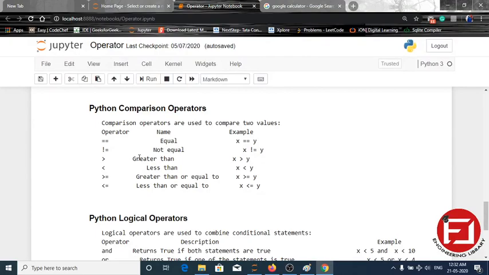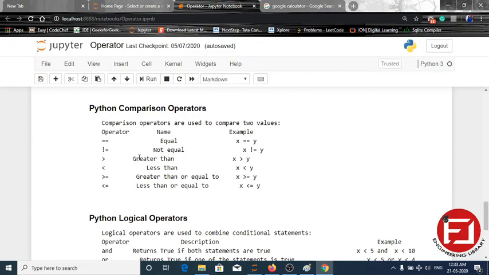Suppose a question is given, if two numbers x and y are provided, and if both the numbers are equal, then multiply it by 2. If both numbers are not equal, then divide it by 4. If x is greater than y, then subtract 2.